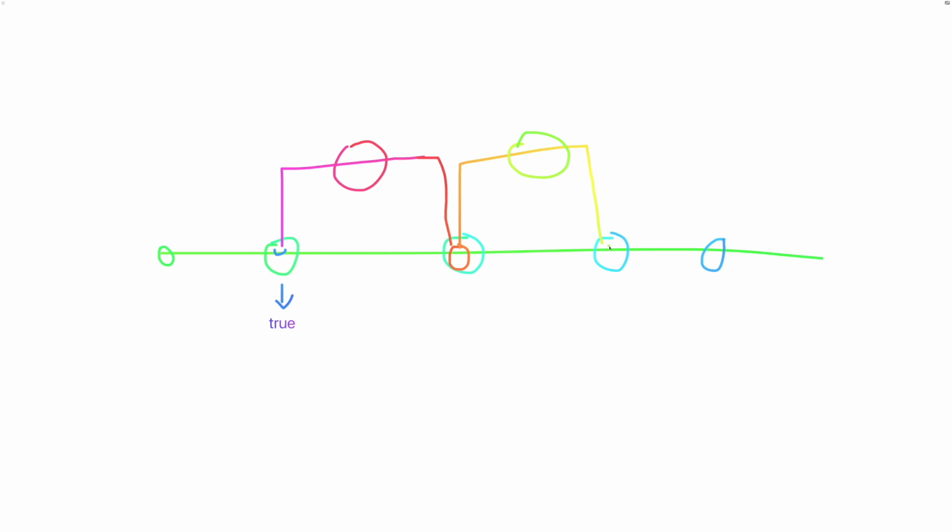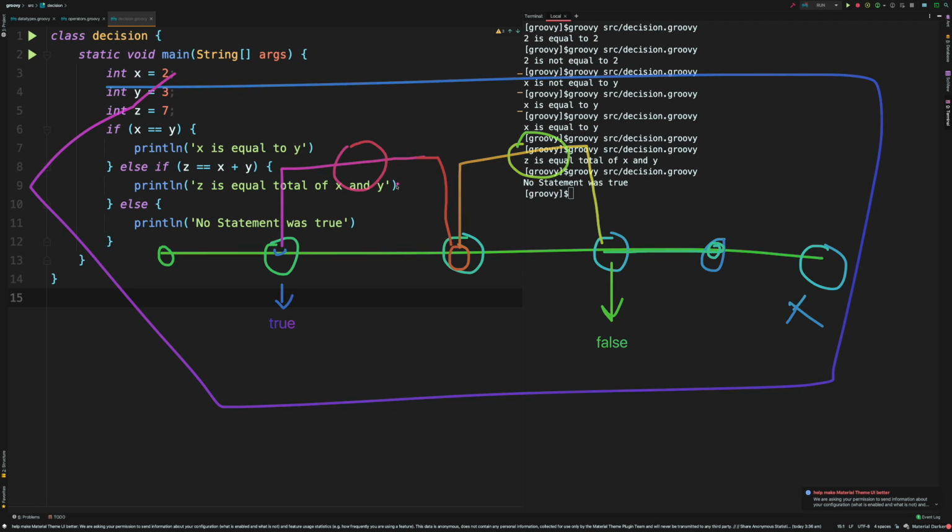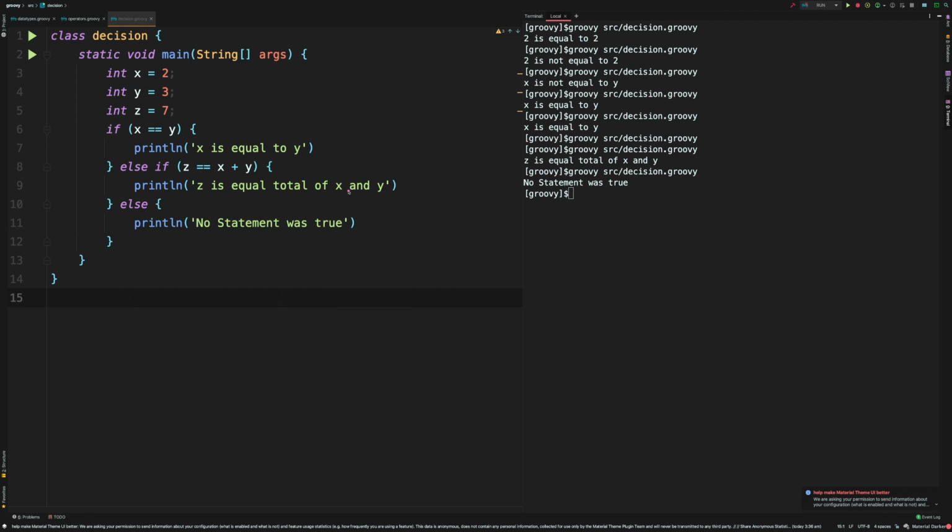Then we have another else if, let's just say it's false. Okay, let me just write that. So we have a false here, and in terms of false, it will just go to this condition. Okay, and if this is false again, it will just use the else block. And if it doesn't have an else block, it's not going to execute anything. I know this diagram is a little bit weird, but I think it's nicer to recap what we have learned so far. So this is how we do decision making in Groovy using if, else if, and else.